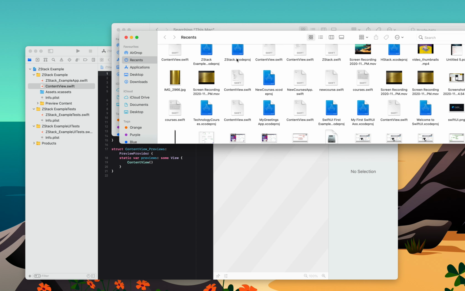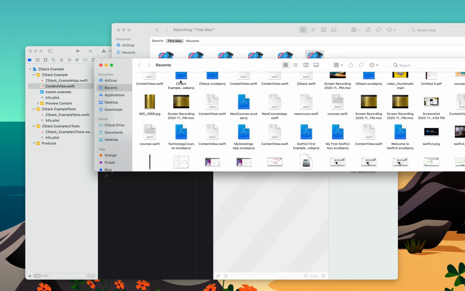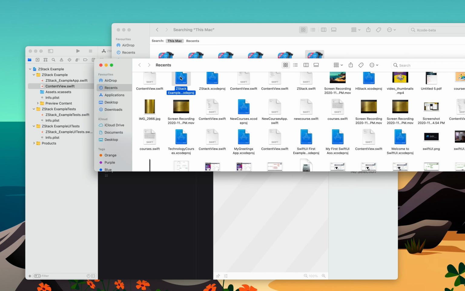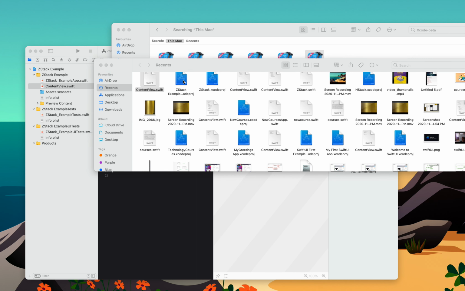Yeah. So we have to look for the Z stack example project. Don't double click on this. So we will just take the content view dot swift alone, the content view dot swift of Z stack.